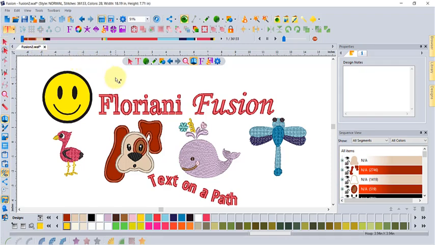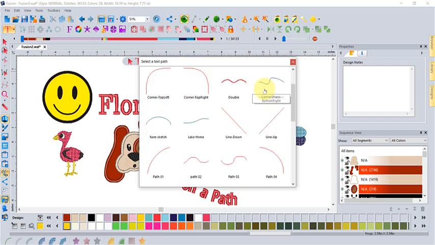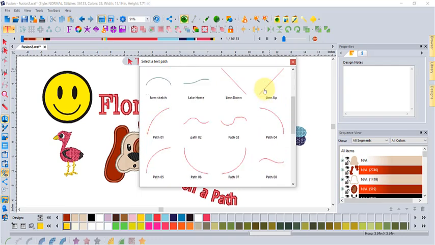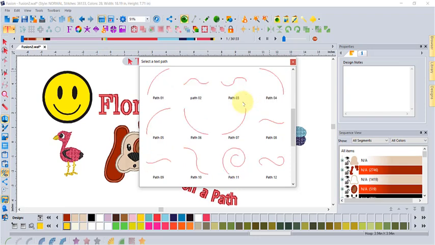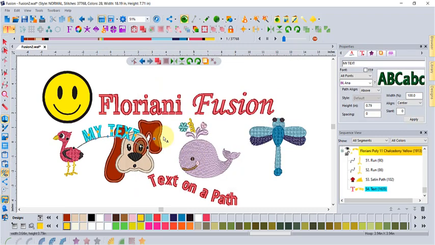And so as always, your cursor will have a letter A on it, and essentially you're meant to click to tell the software where to place that text, and then a window opens up where you can choose from a series of text paths. And you may notice that there are some in my program that aren't in yours, and that is because you have the ability to create and save your own text paths as you get into it. But for example, I'll just choose this text path number 14,